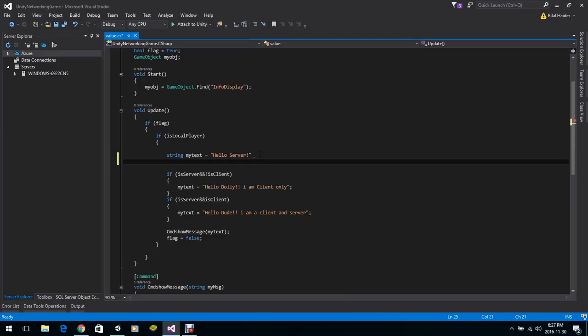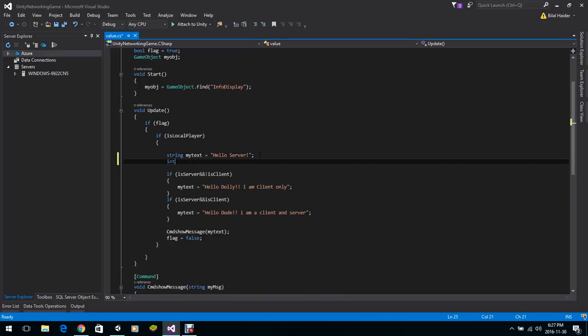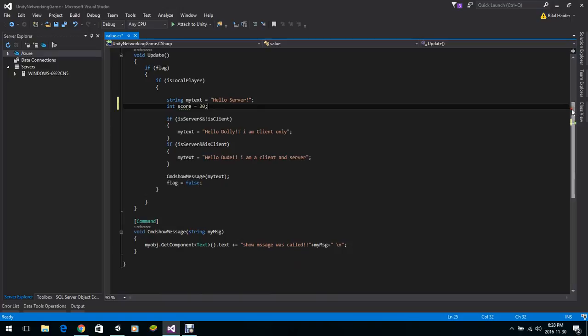In this video part, the first thing we will do is try to pass more than one variable to these commands, and let's see if this works or not. Later on I will tell you a little bit more about these functions. So for now, let's